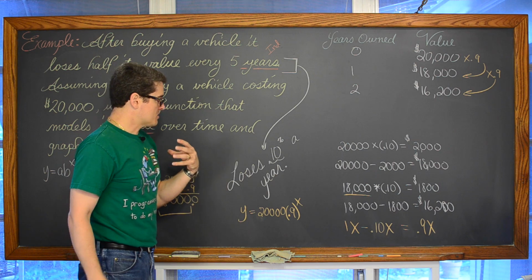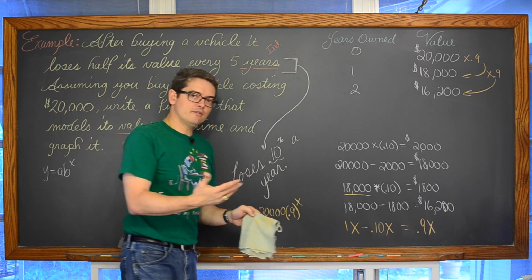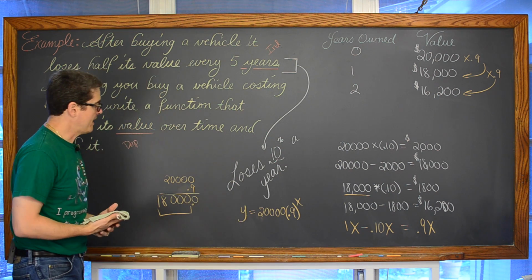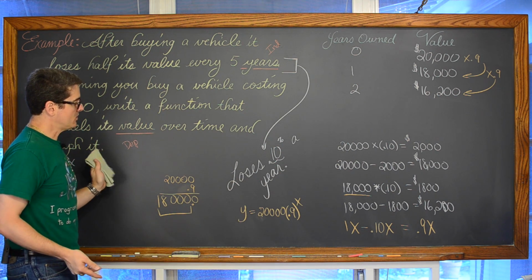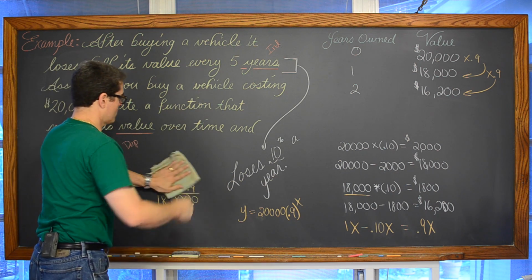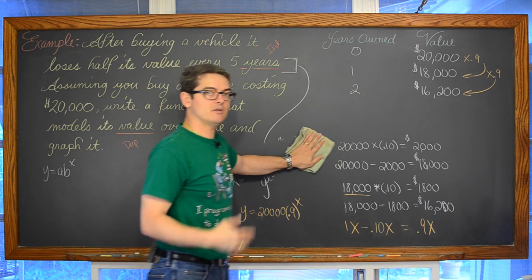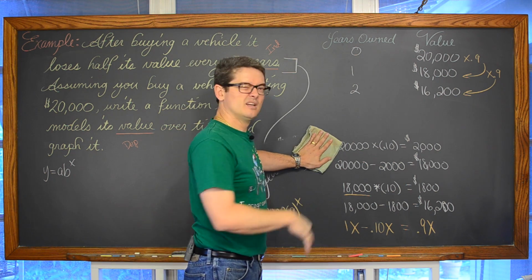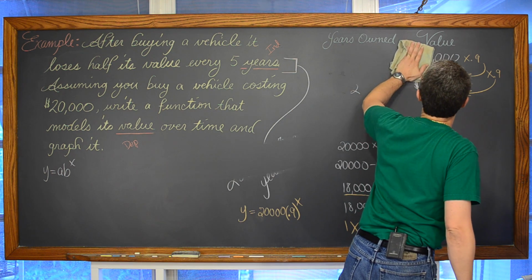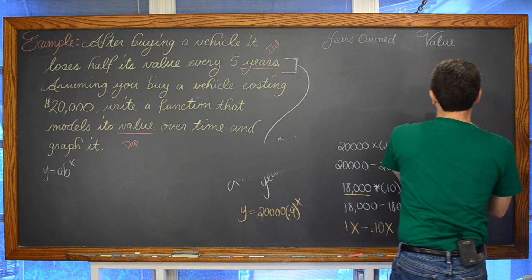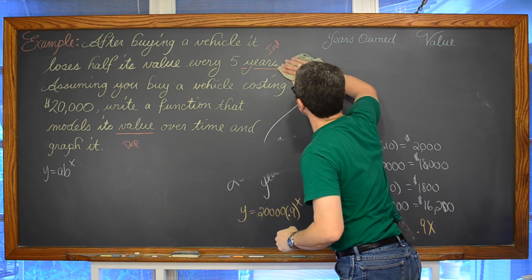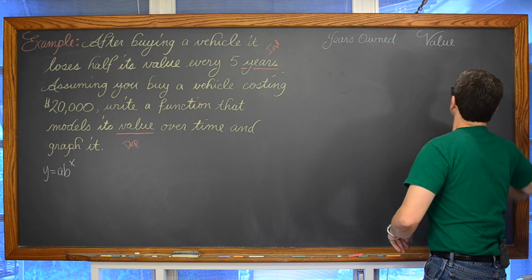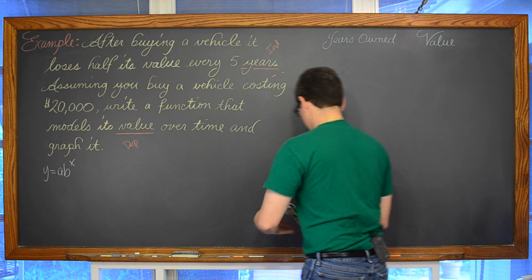Now hopefully you can see how we've developed this exponential growth and decay formula, y is equal to a times b to the x. Let's look at the slightly more complicated wording of saying we lose half of the value. Losing half is a lot easier than losing 10%, because if you lose a half, you keep a half, right? I had to teach you how that 0.9 came about, though maybe you would have known that anyway. Let's clear all this out.